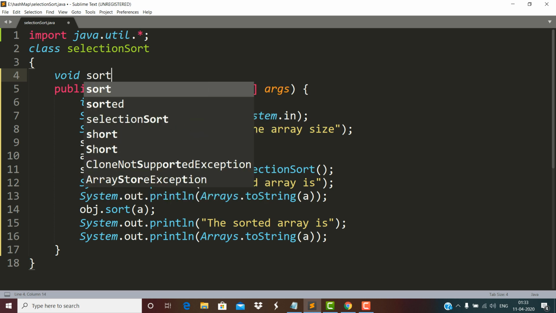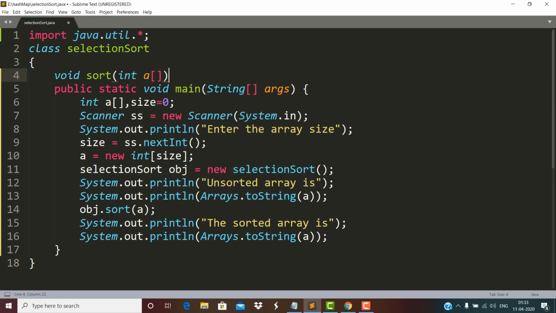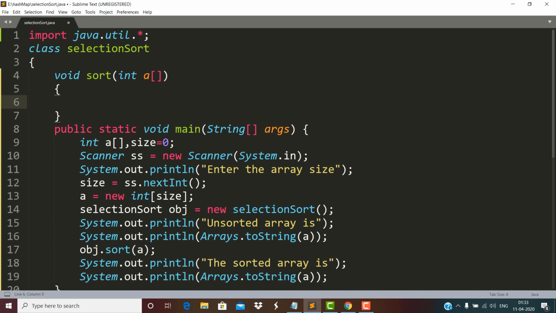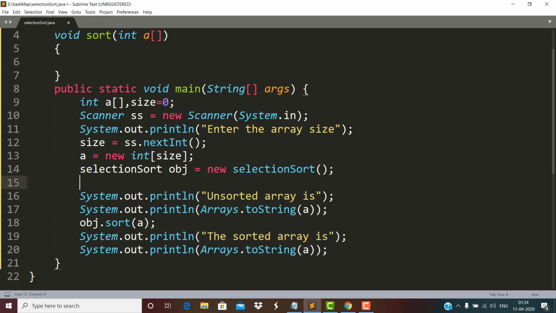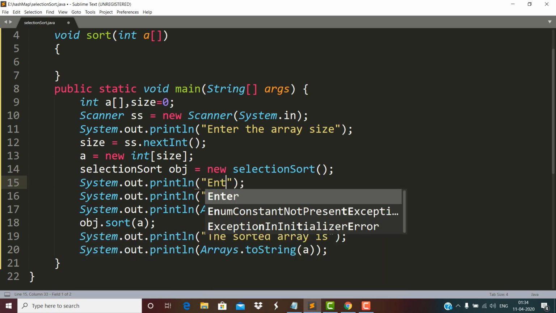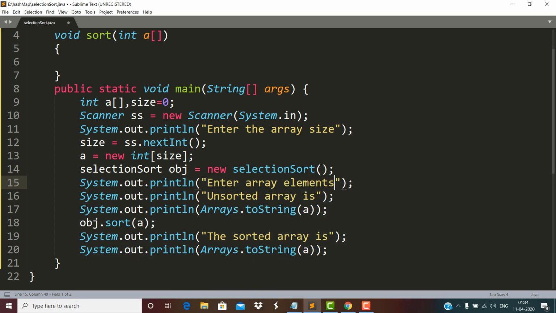For that we have created this function with this prototype where the return type of the function is void, the name of the function is sort, and this is a parameter which we are passing. But before in the main method, we have declared this array, we have defined the scanner class, and the size of the array is entered, the array is initialized, object of the class is created, and here we have not filled the array, so enter array elements,